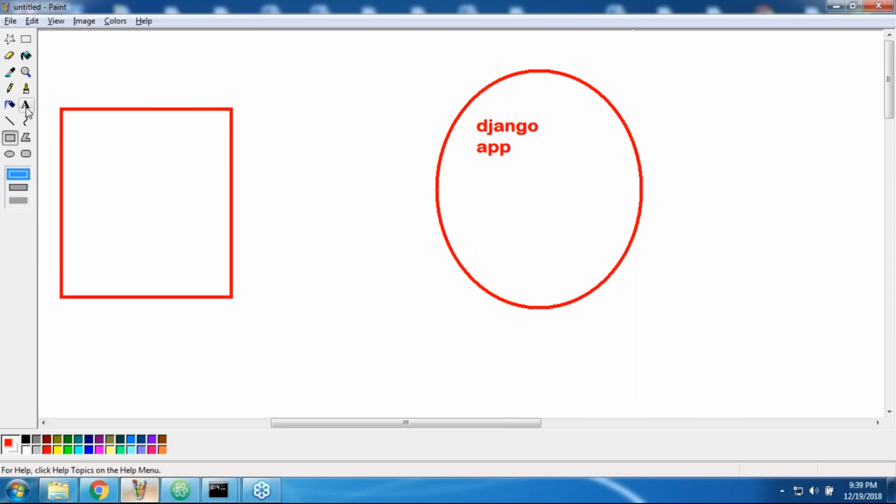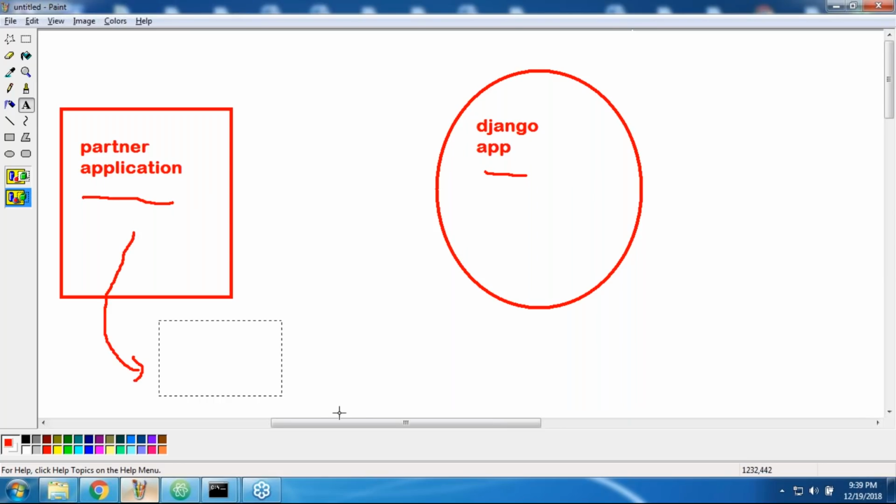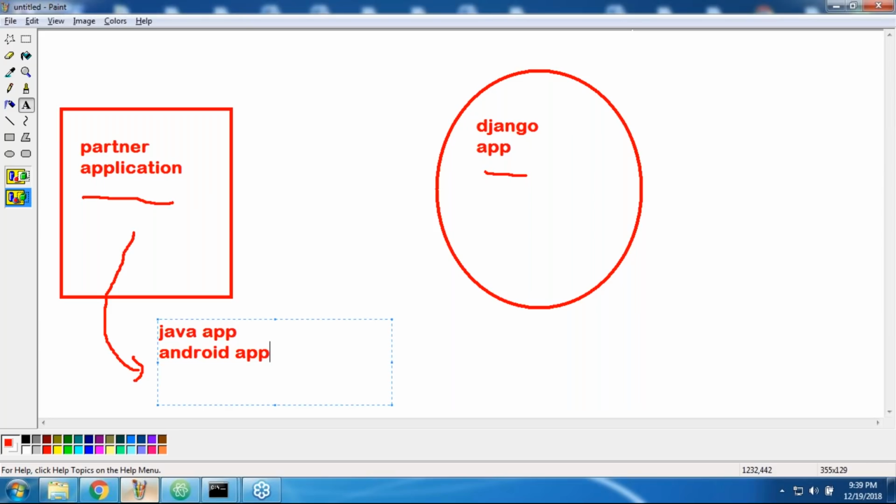Okay, this is the partner application. I can use the word partner application, and also consumer application. If Django is the provider application, I can use this partner application in the consumer application. Now the point is, this partner application can be either a Java application or an Android app,